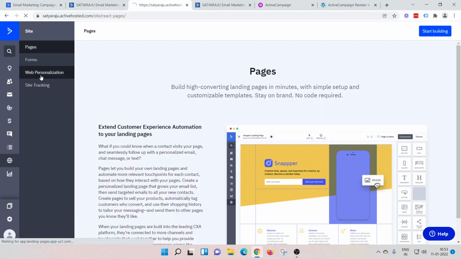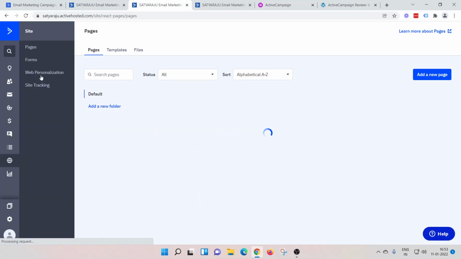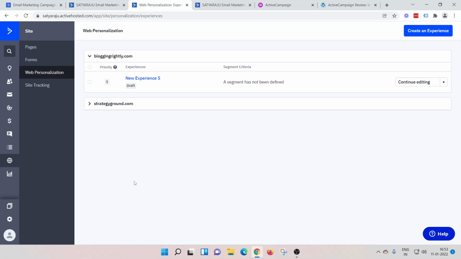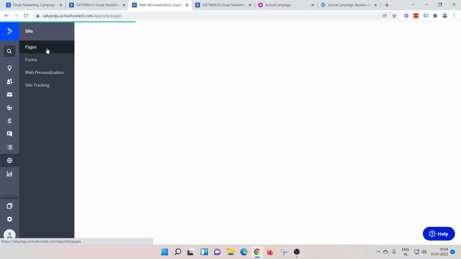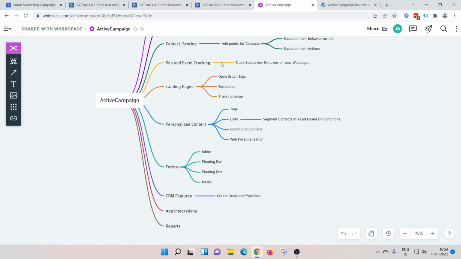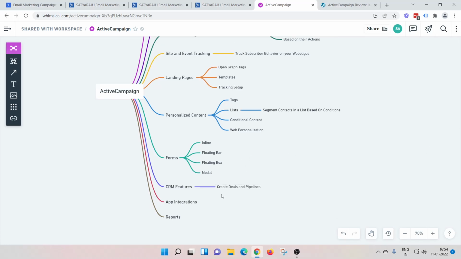So you can find this section here where you can make edits to your landing page directly from ActiveCampaign. Generally you need to purchase another tool for personalization purposes, or else you need to use a tool like Google Optimize or something to create an experience. So you can create an experience everywhere. I have created a text experience. But yes, you can create an experience and make different variations for your purpose. Based on the tag, you can show particular text on your website or web page.